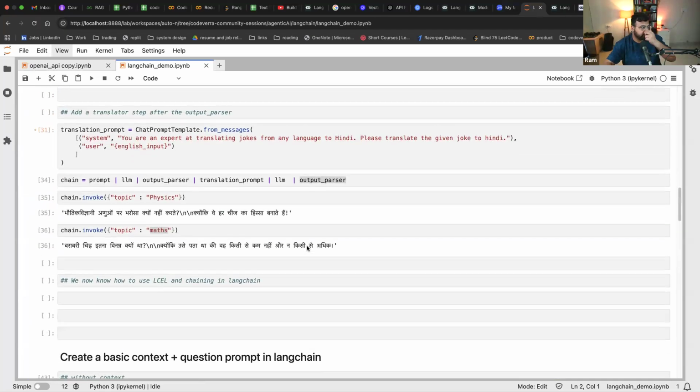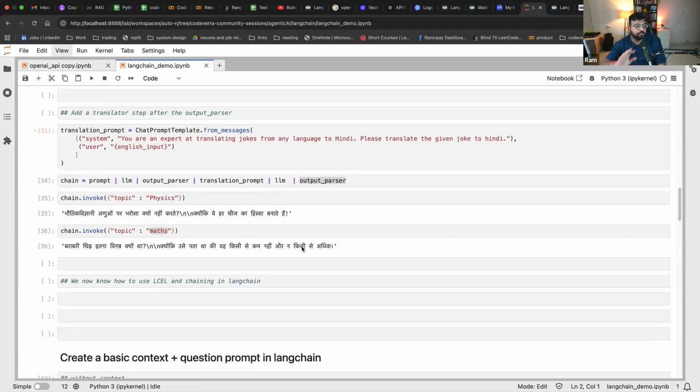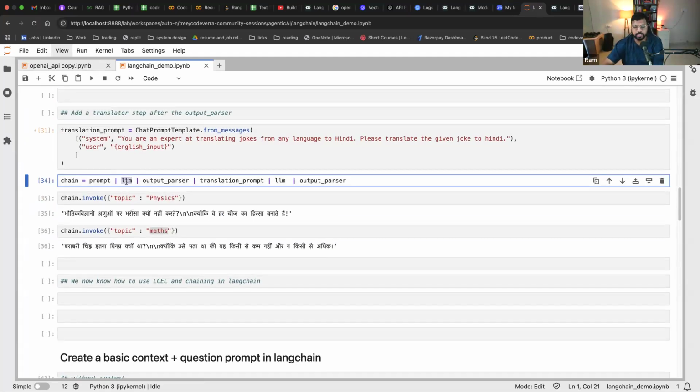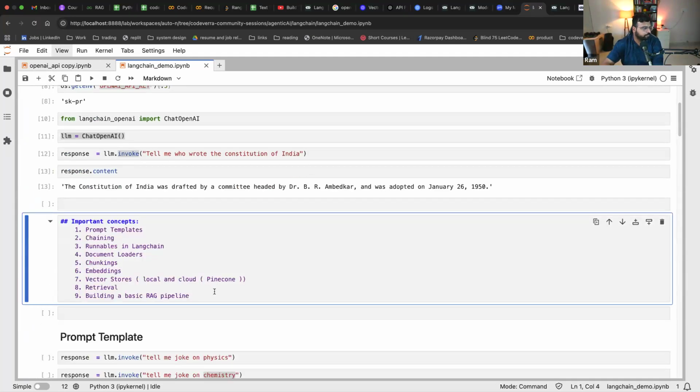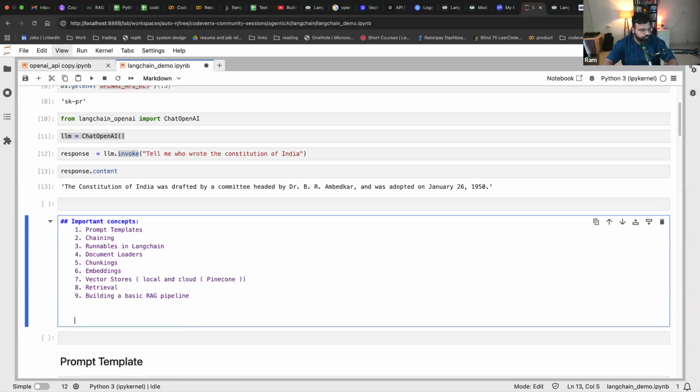But you see here in this entire code that we have written, there is no mention of OpenAI. We are just using this LLM object. Tomorrow if you want to shift from this LLM to some other thing, that also we can do. If you want, I can give you a demo of that also. Probably a little bit later I will show you. Let me add it here: I'll show how to use a locally running LLM